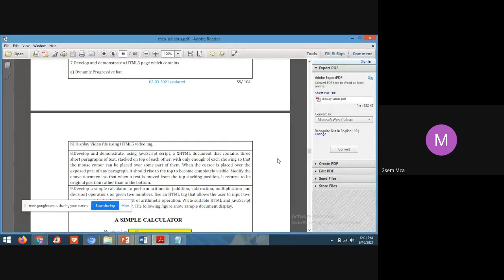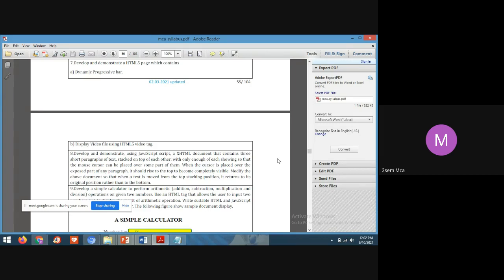When the cursor is placed over the exposed part of any paragraph, it should rise to the top and become completely visible. So three paragraphs you need to take.